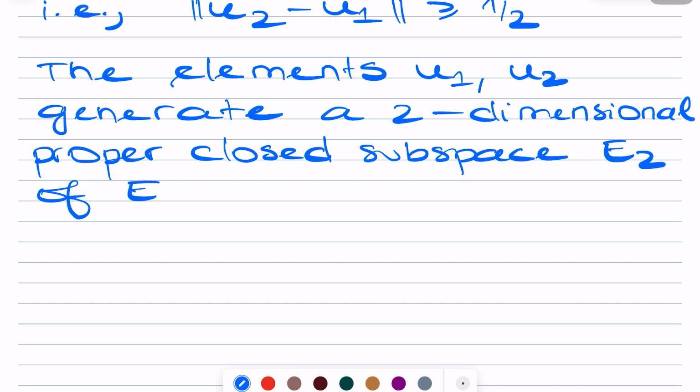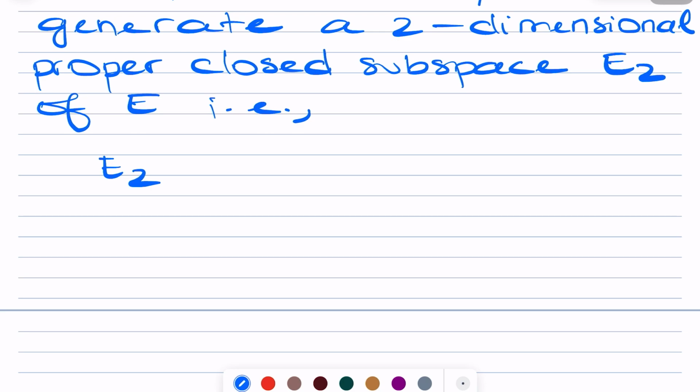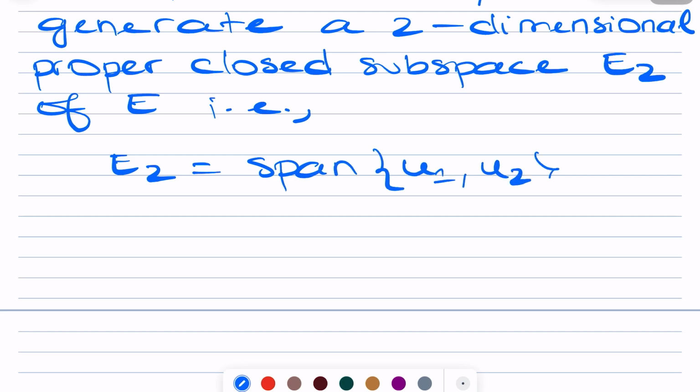So what we mean is that we put E2 to be the span of u1, u2, and again by